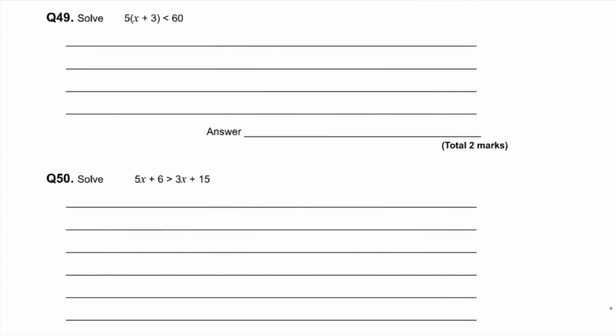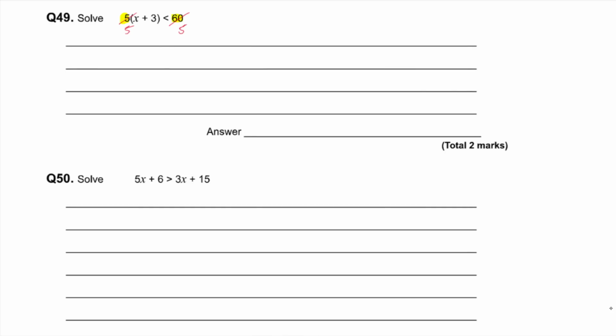Question 49, solve 5 lots of x plus 3 is less than 60. Now, similar to when I was doing the equations earlier, if I've got a number outside a bracket like this, you've got 2 strategies that you might employ. You might multiply out the bracket, but if that 5 divides into the 60, which it does in this case, it's just much quicker to get rid of it by dividing both sides by that number to start with. So dividing by 5,